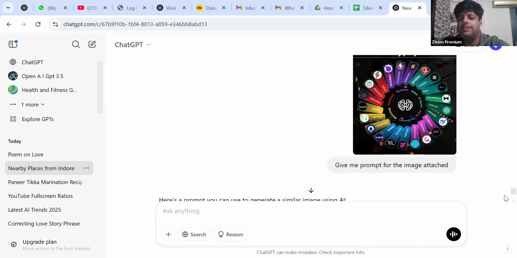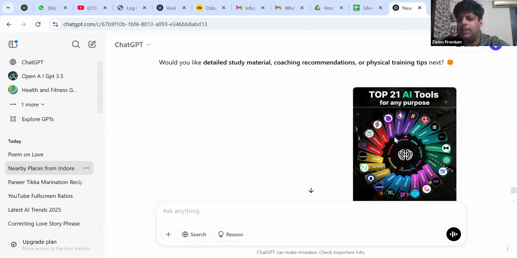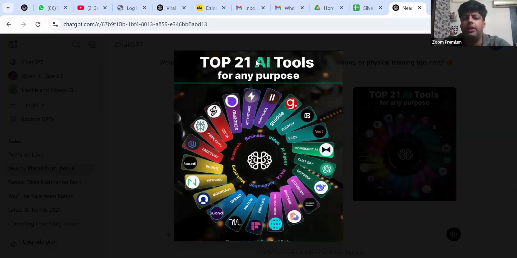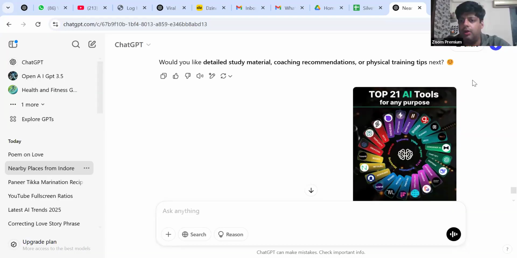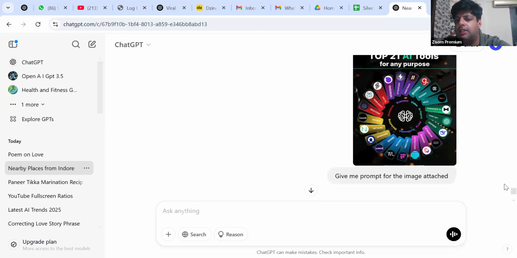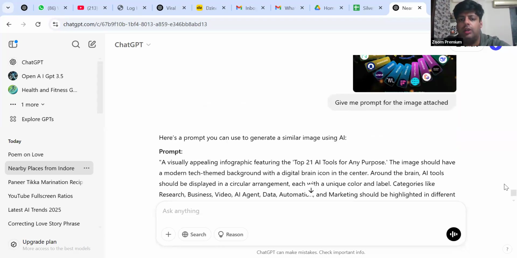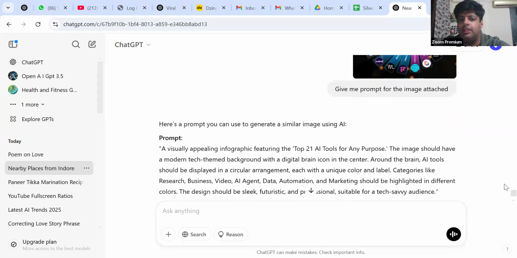Now you can see, it's a good technique, I must say. Top 21 AI tools for any purpose, like for business, video, AI agent, data, automation, marketing, and research. These are the 21 tools I have discussed today or uploaded on LinkedIn profile. You can see what names are there in the image, and accordingly it has given everything.